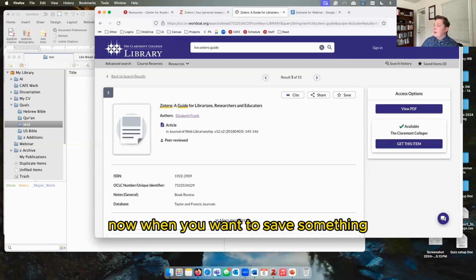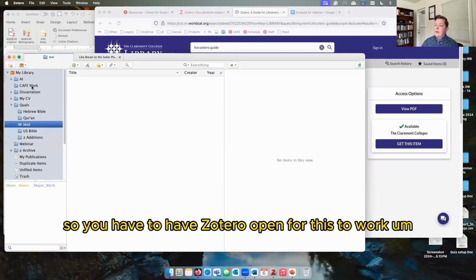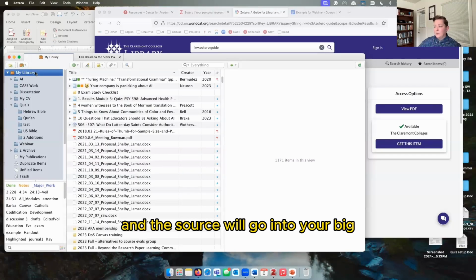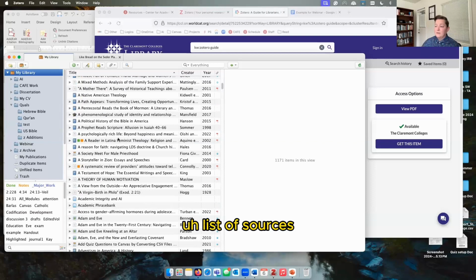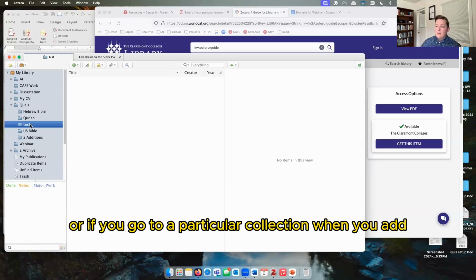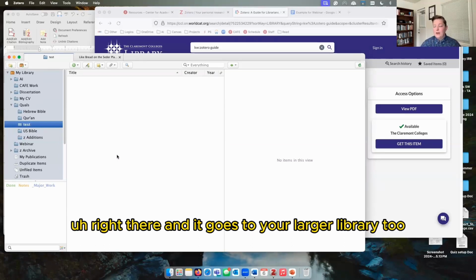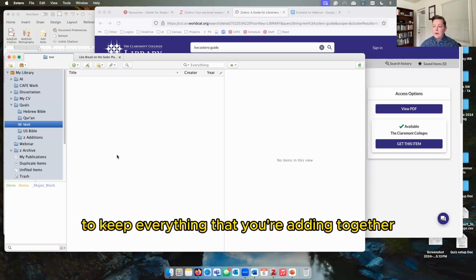Now, when you want to save something, it matters where your cursor is in Zotero. So you have to have Zotero open for this to work. You can click My Library and the source will go into your big list of sources. Or if you go to a particular collection, when you add it, it will add to your collection right there. I mean, it goes to your larger library too, but this usually is helpful to keep everything that you're